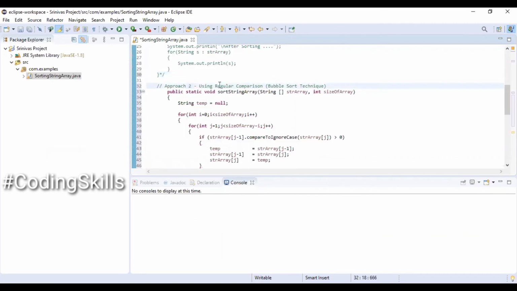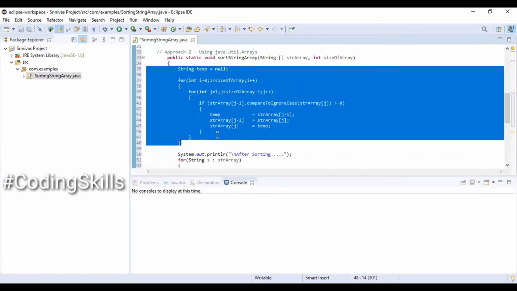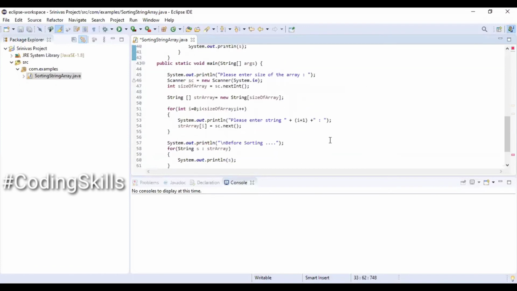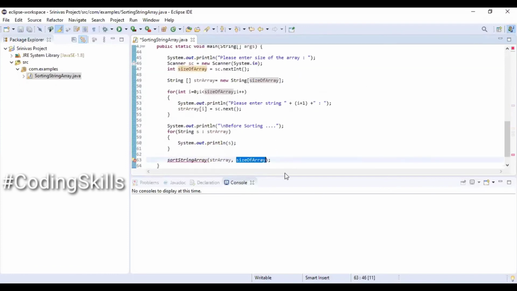Updating the label: approach 2 using java.util.Arrays. Removing the unnecessary logic. Size of the array is also not required as a second parameter, hence we are removing it. Also removing it at the method invocation.